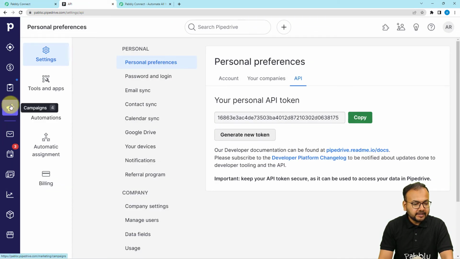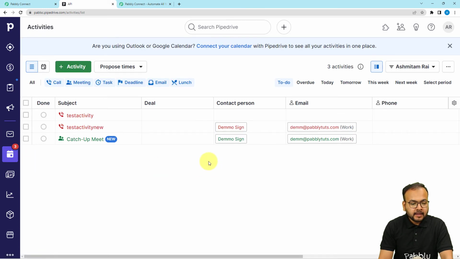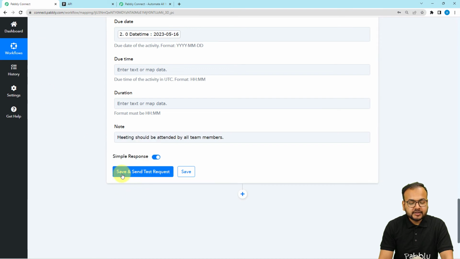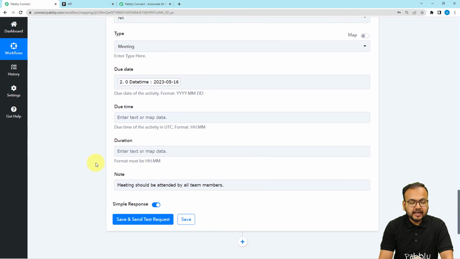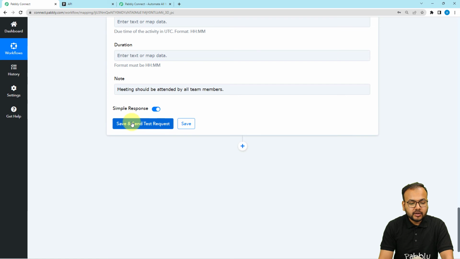Okay, now guys, you can check your connection with your Pipedrive application. Let me open the activities section here. Here are activities. Okay, now let me click on save and send test request button to see if we can add a new activity automatically. So I am clicking here,